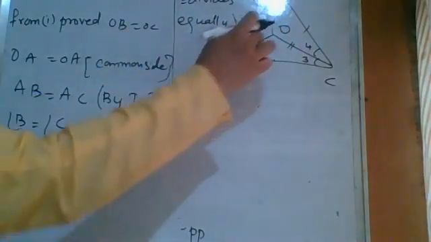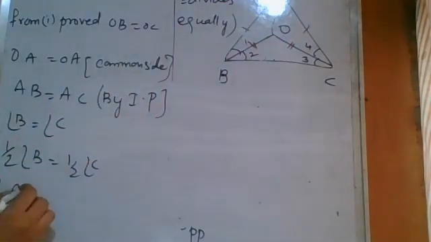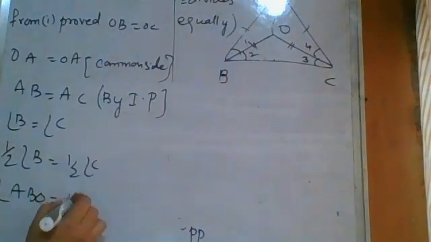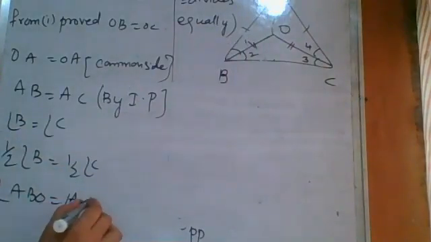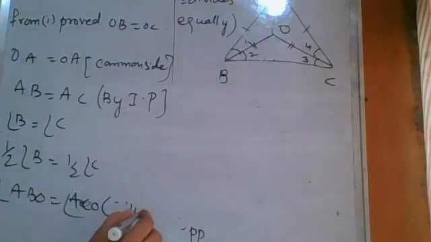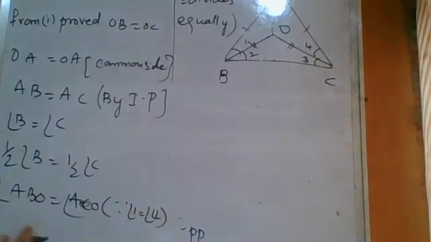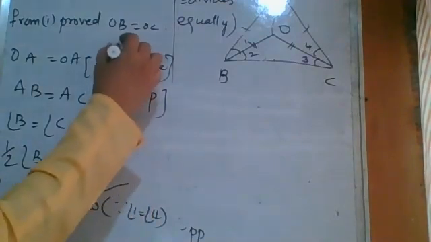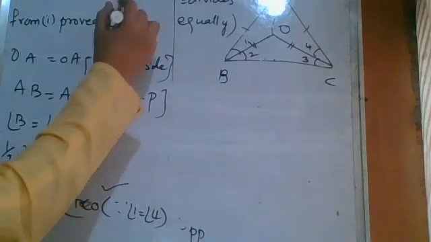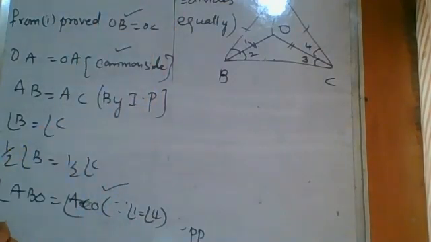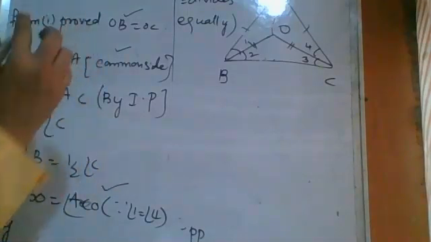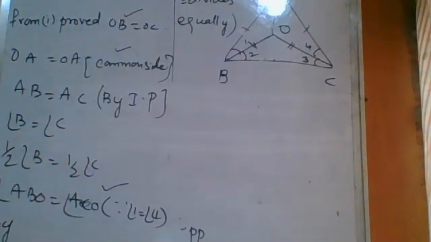Angle ABO is equal to angle ACO. ACO means angle 1 is equal to angle 4. These two angles are equal. Therefore, by which property? One angle is equal and two sides are equal. This side is equal and this side is equal. By SAS property, you can take this side also, no problem. Either you can take all the three sides. You can use any two properties here. Is that clear?